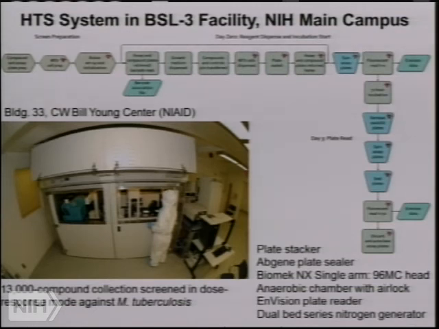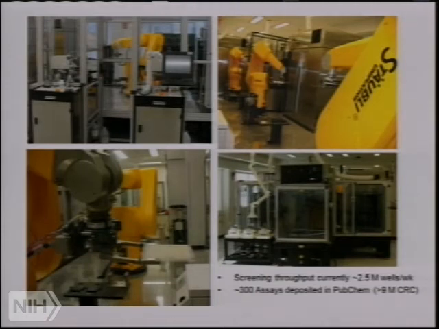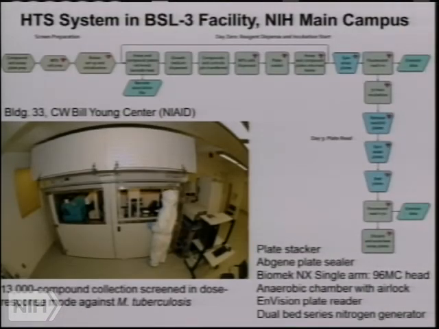So I forgot to mention, the system that I showed you just now is capable of running biosafety level 1 and 2 type assays and protocols. We also can run biosafety level 3 type screens. So this is a robotic system that is almost next door in building 33 with the infectious disease group on the main campus here. Obviously, protocols are very difficult to set up in these settings. You know, you have to go in fully suited up and all that.